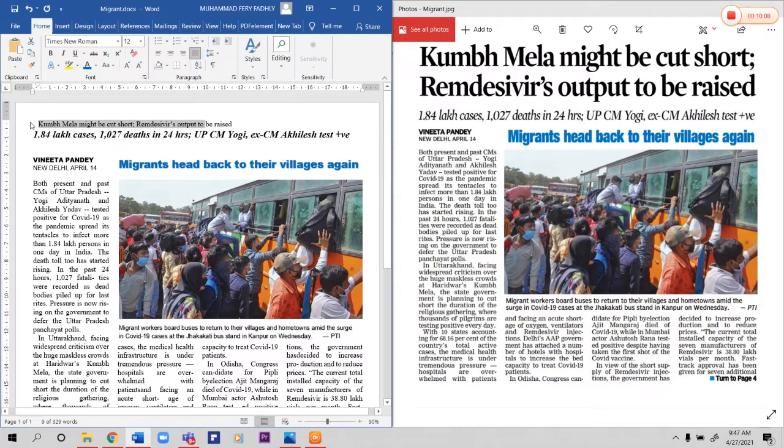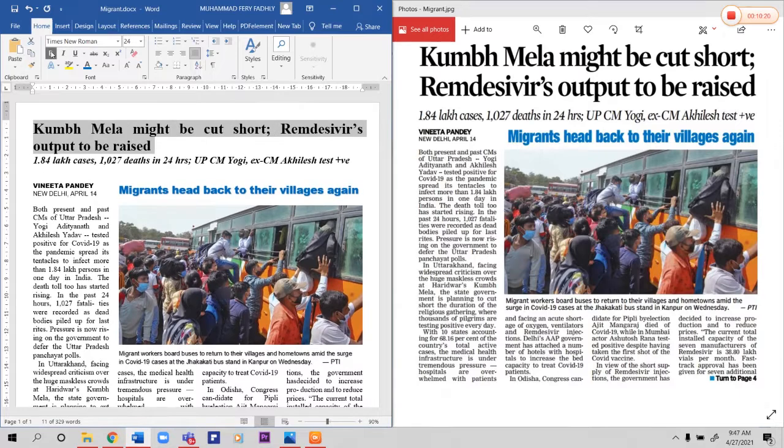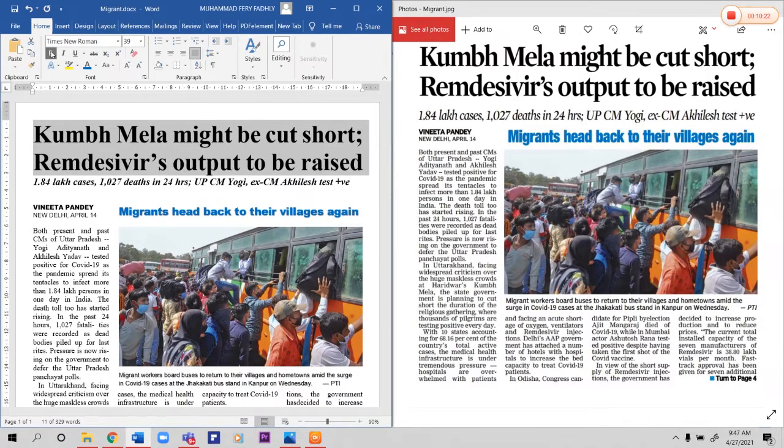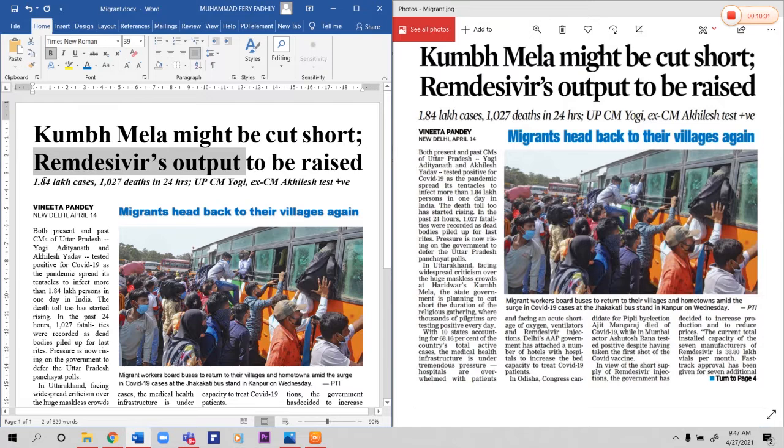Now the main title is on Camelamide because it is short, so we block it. We click bold and then we make it bigger. Sorry, the size is 39. Look at between this text and this text, remdesivir and 1.8.